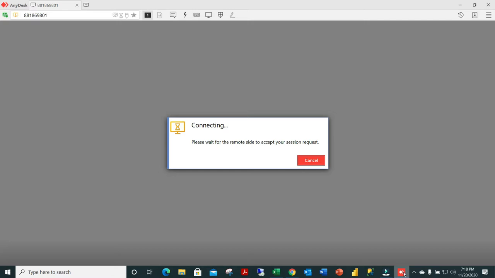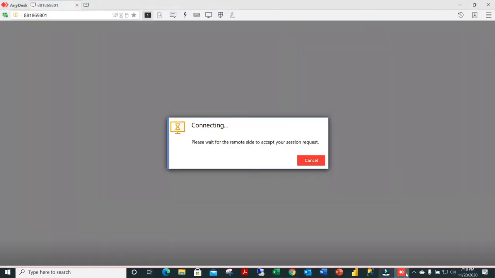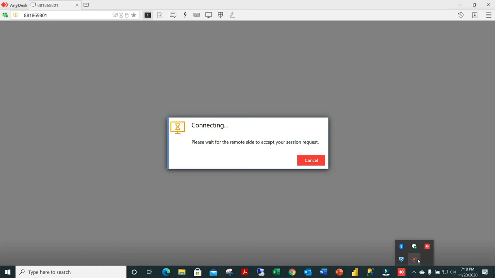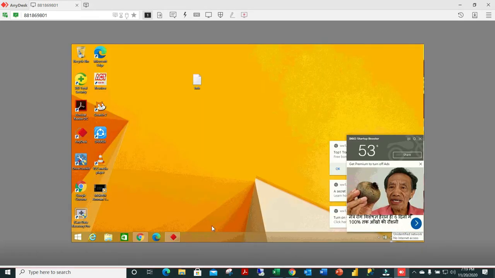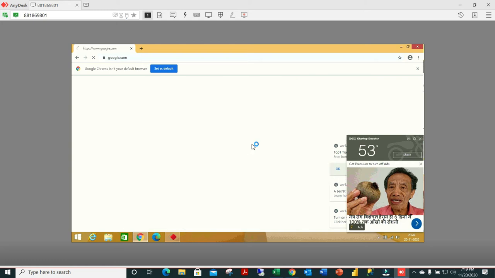Once the network is connected, you can see now we will open the browser and open the GST portal. This is an Indian laptop of my relative. Now I will be opening the GST portal and we can start working on the GST nil return filings.